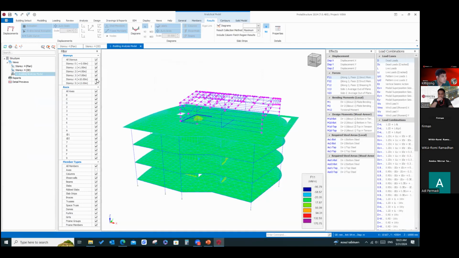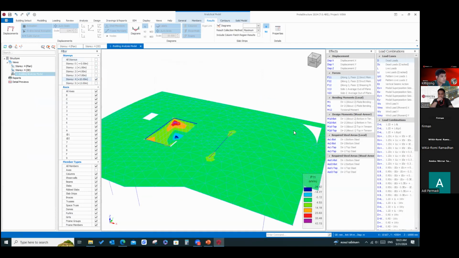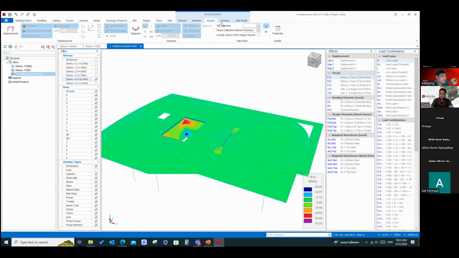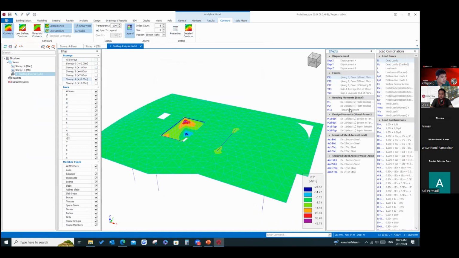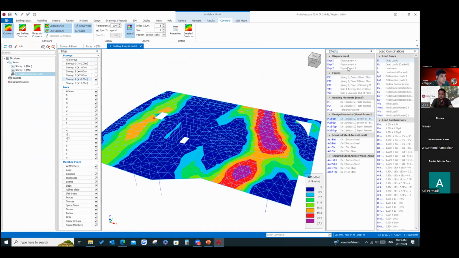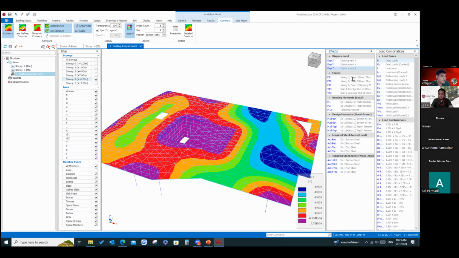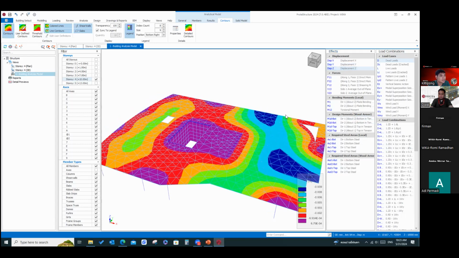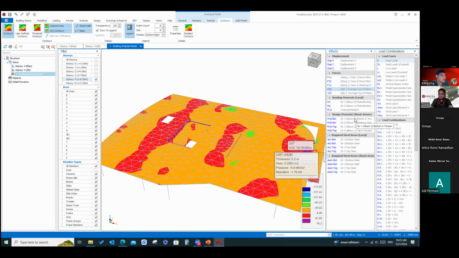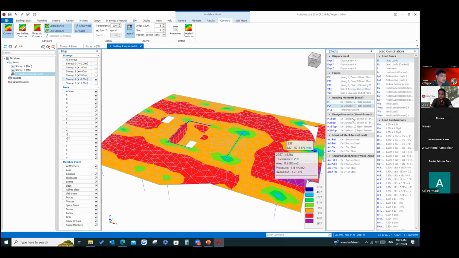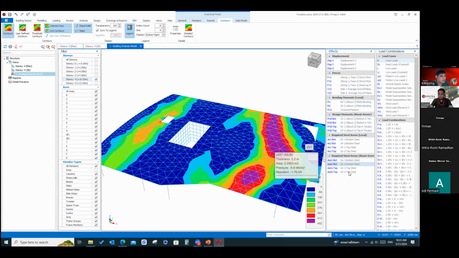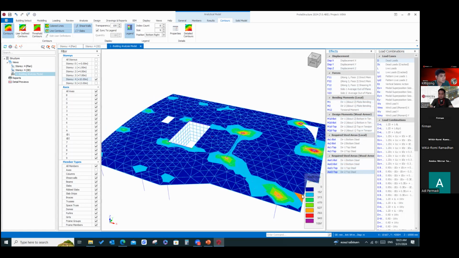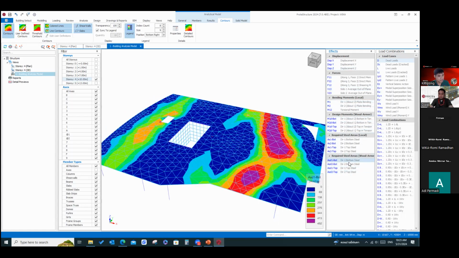See, you get the whole result for the flat slab. Oh, I forgot to input the slab here. It's okay. You will have the moment and the displacement like this, so you can review, or you can check the shear on the panel. Like I said before, check the moment. The bottom bar and the top bar are already done.